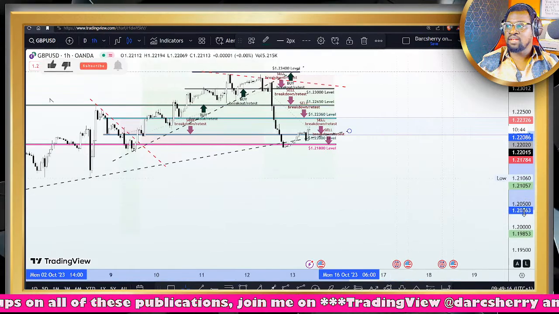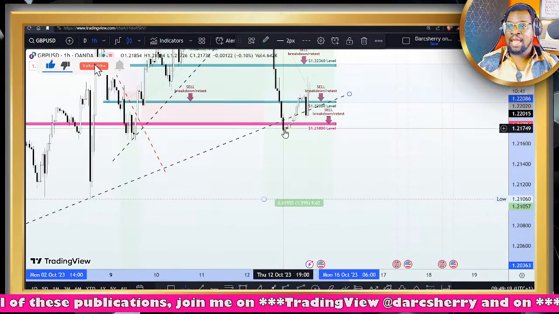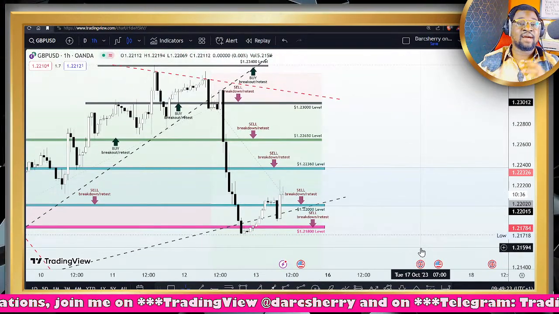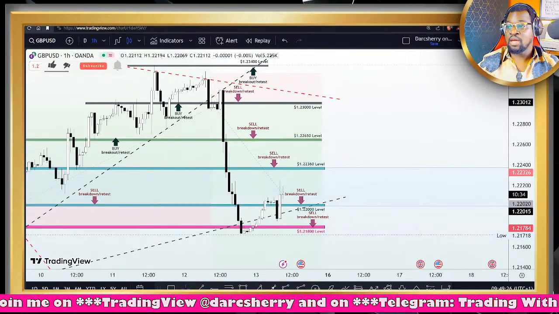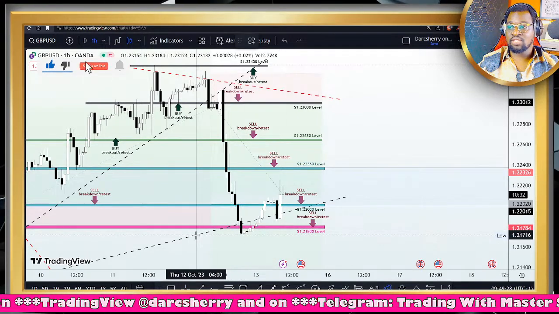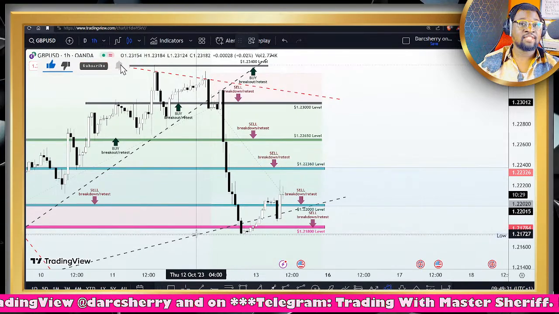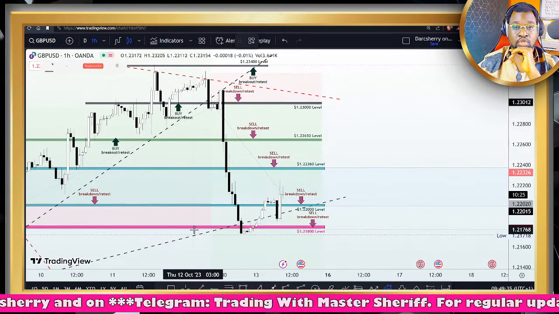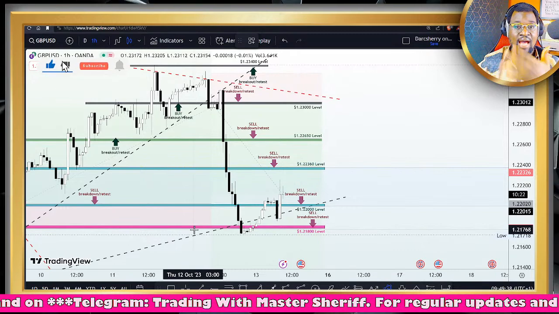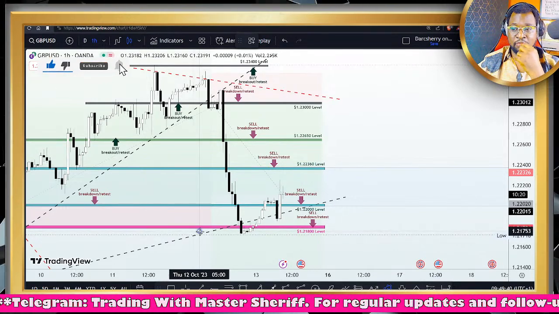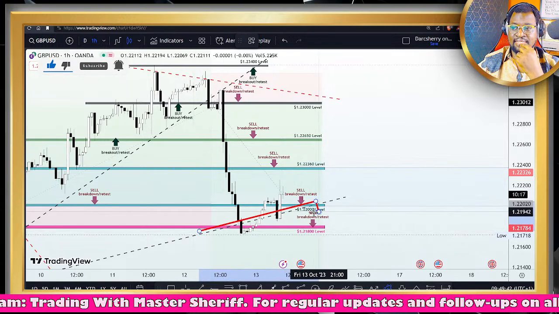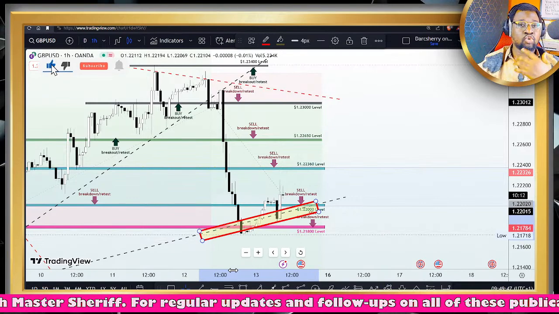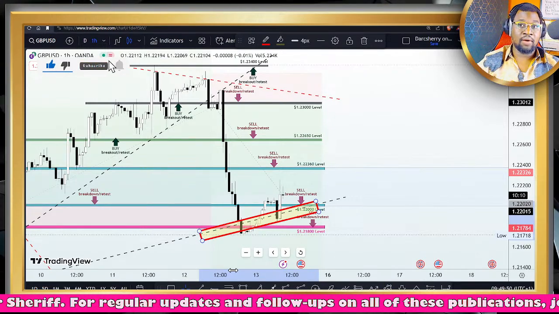Now, if we zoom into what has been going on here since the later part of yesterday, you will see that despite the strong bearish momentum, price, as soon as it got into the 1.218, which happens to be our key level for this week, and for those who don't know, please check my video on Monday morning, where we talked about how we identify that key level. Now, we saw how price, as soon as it came back into this ascending trend line, we begin to notice some buy pressure resume around this area.